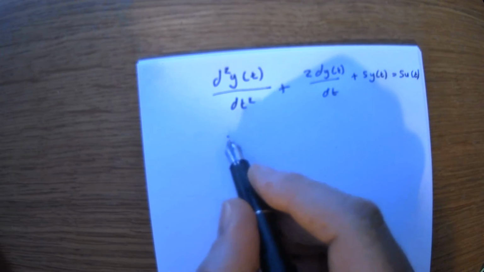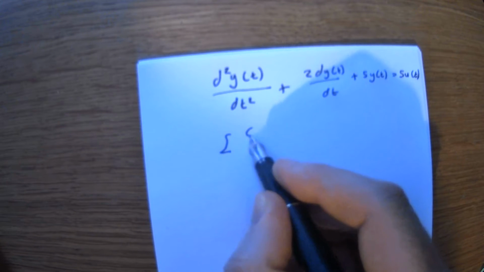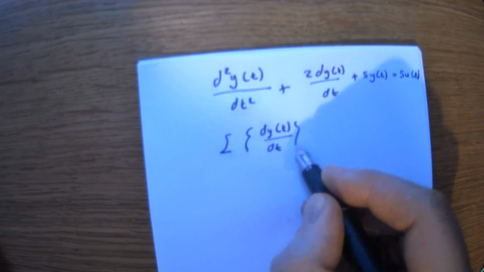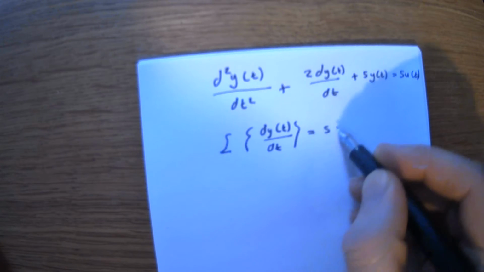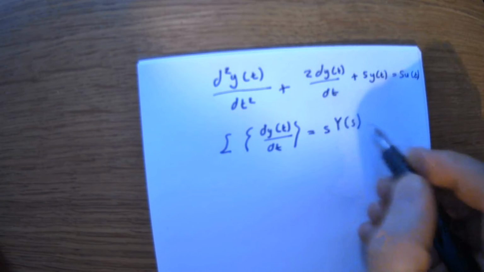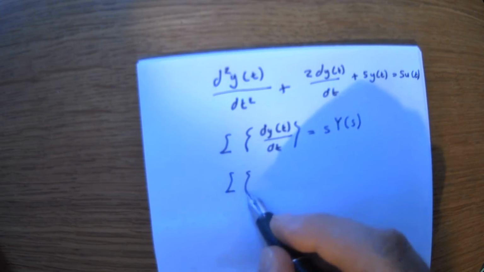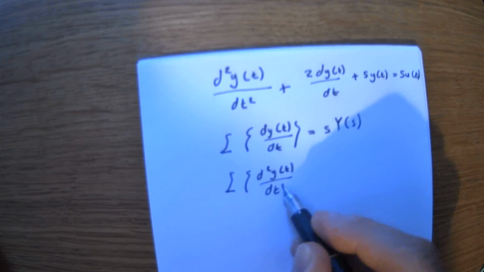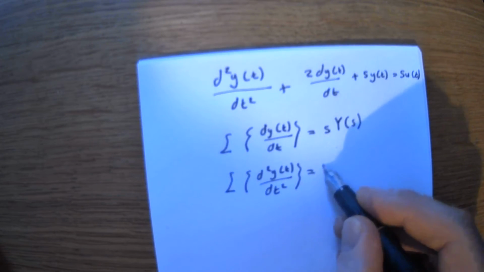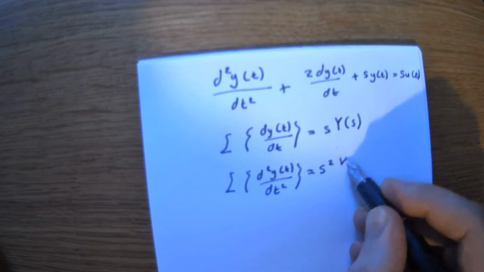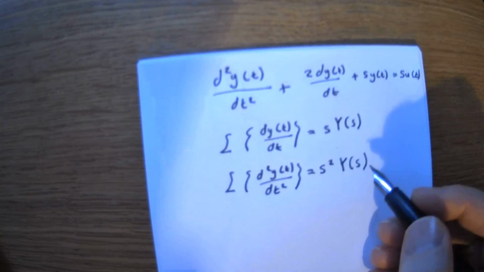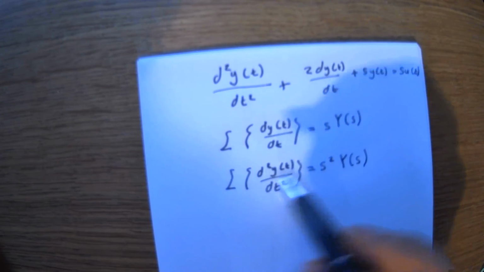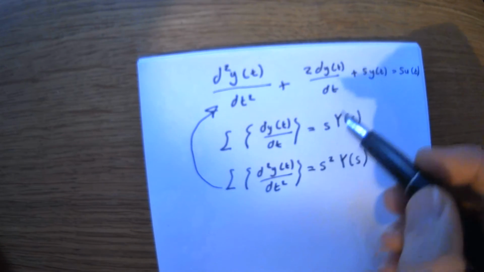Because it's second order, we need to use, first of all, the first order rule. And the Laplace transformation, that effectively just becomes S capital Y of S. And for second order, the transformation just becomes S squared capital Y of S. So then if we undertake the transformation, you recognise that this rule should be used there, and this should